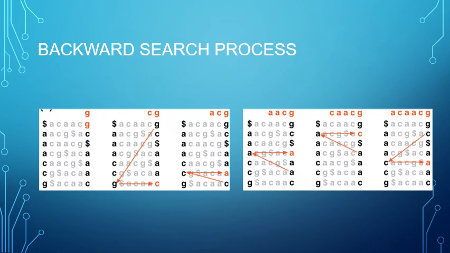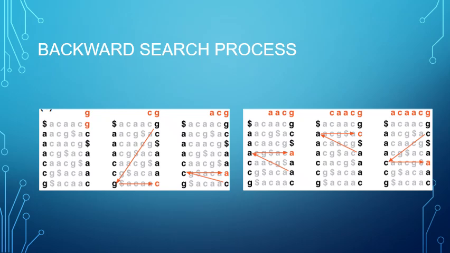There are 3 A's in the first column, and we know that this one is equivalent to the third A in the first column. From the first column, we go back to our equivalent position of A in the last column, and that's going to be our next character. So now the characters are